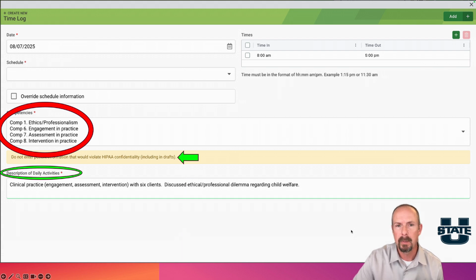One thing to remember, please do not put any sort of HIPAA confidential information in the daily description. Do not put names, any identifiable description of who you worked with or what the situation was. Speak in general terms. For example,